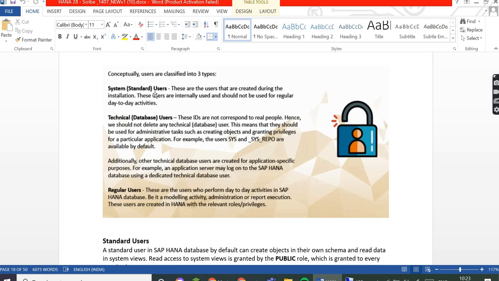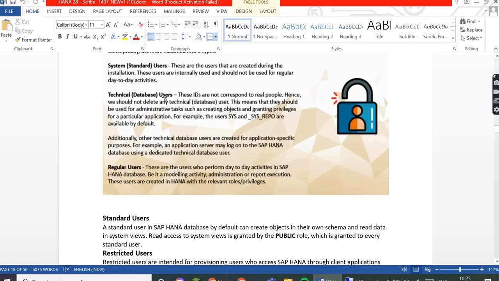Similarly, if you want to install the HANA server, SAP provides some users that we call system users. These system users are used to install the software and for day-to-day activities like upgrade or patching. Those things are done with the system user.